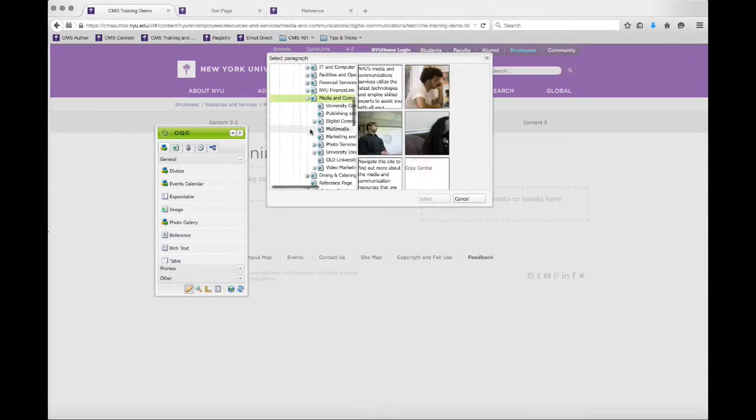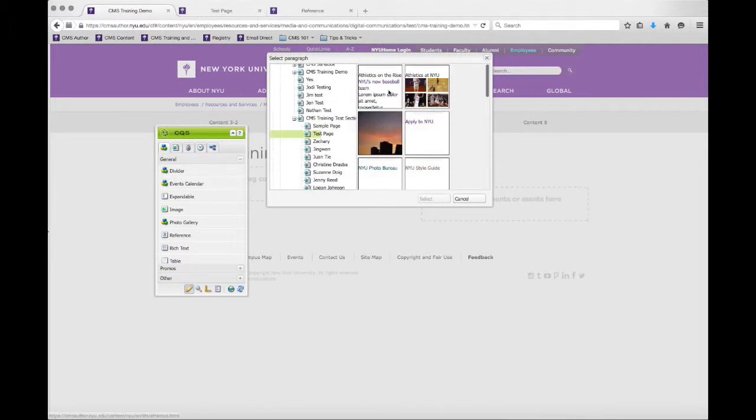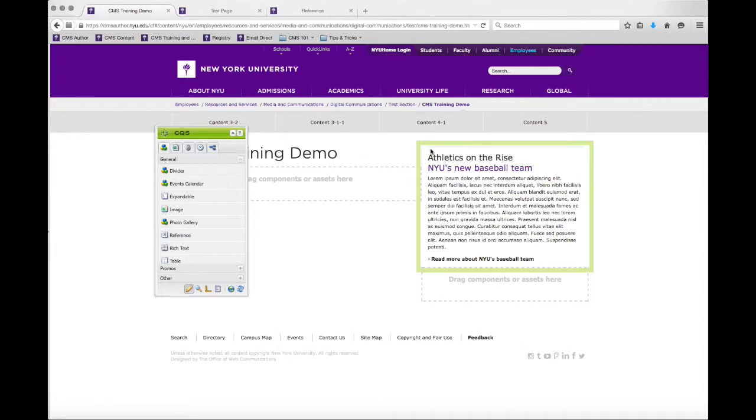Once again, navigate to the actual page where that original component lives. So I found the page, and we know that it's text-based, so we had to find out what the title was. Athletics on the Rise, NYU's New Baseball Team. So I know it's this first little tile right here, and select, and OK, and now I have my referenced